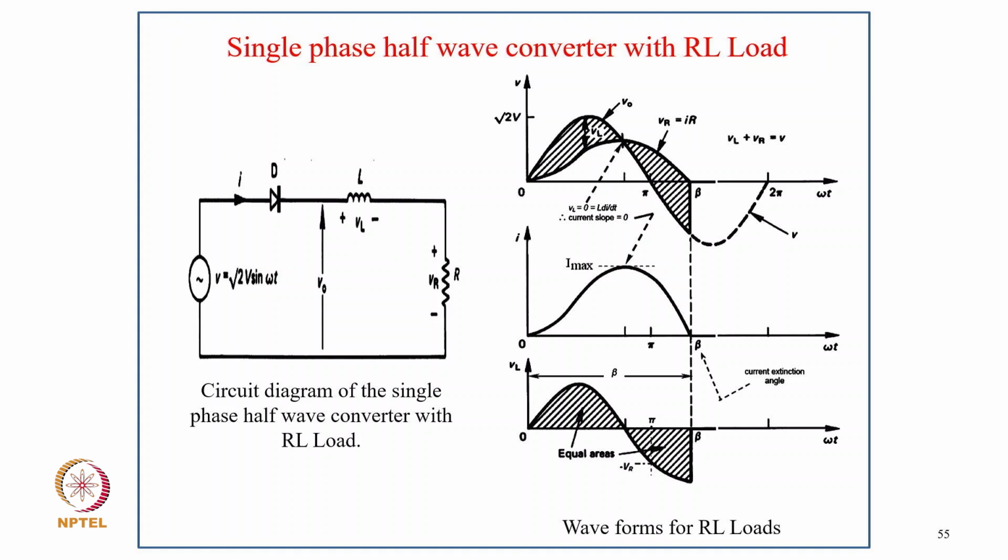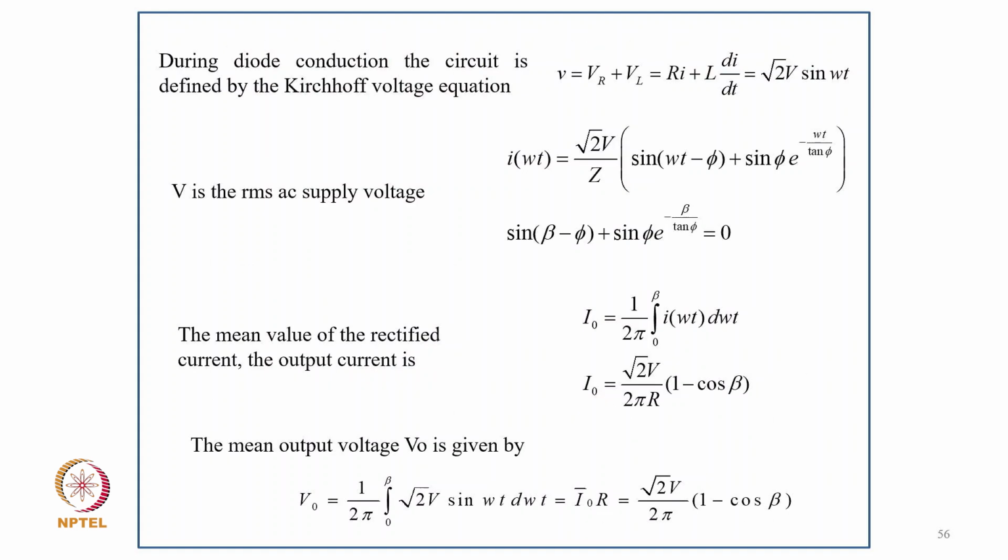tries to flow a little longer period, up to not only pi but it goes up to beta, and you can just see the typical resistance drop as well as the current and the inductor voltage drop in the last waveform. So now coming to the diode conduction, the circuit is defined by Kirchhoff's voltage law, V equal to VR plus VL, that is Ri plus L di/dt equal to root 2 V sin omega t, and i(omega t) equal to root 2 V upon Z in bracket sin(omega t